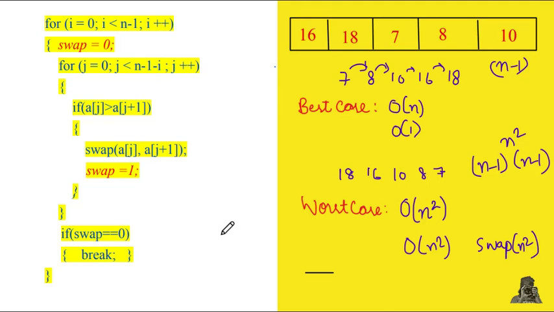One more point you have to remember related to bubble sort, which is that bubble sort is an in place and a stable algorithm. In place means this is not using an extra memory space. We are just taking the help of a temp variable and not more than that. So no extra memory is required to do the bubble sorting, because with the temp variable we are sorting or arranging the values. So this is an in place algorithm, just like insertion and selection sort, and it is also stable.